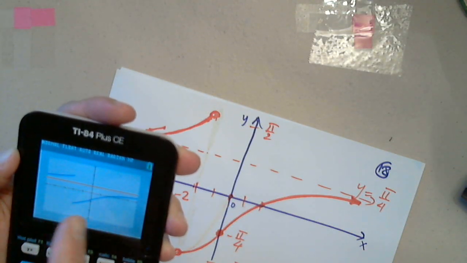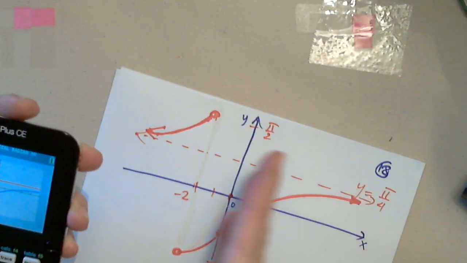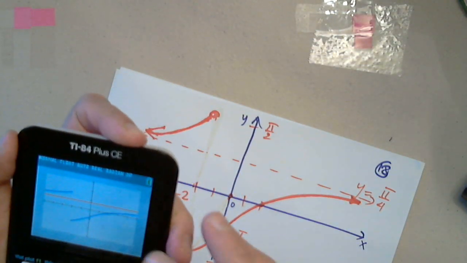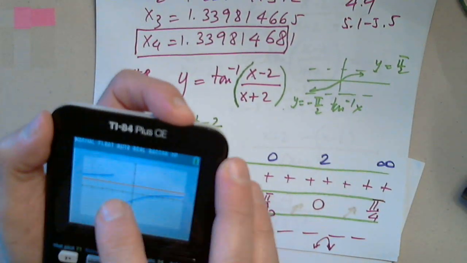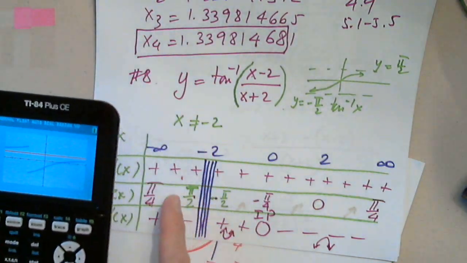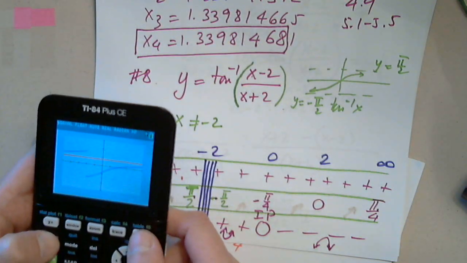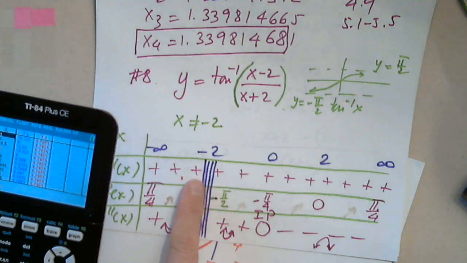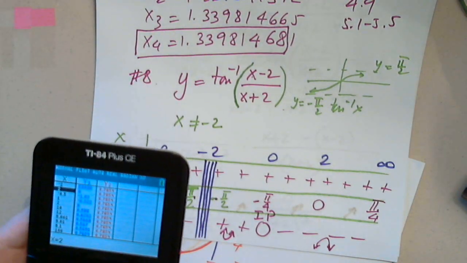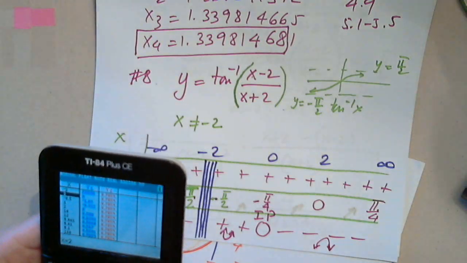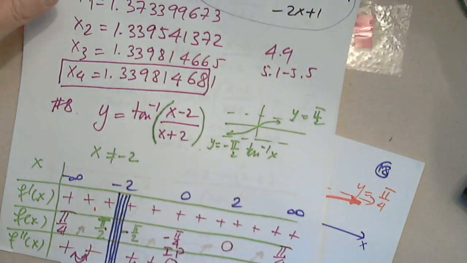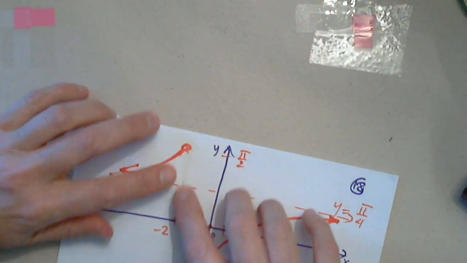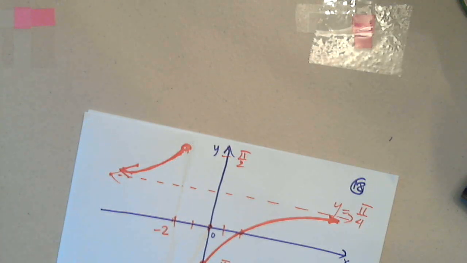I shouldn't even go that far. I don't really need more than -3, 3. But that's okay. So as you see, at this point there is no vertical asymptote as we determined. We calculated everything. So the left hand side, the right hand side. And you can also plug in, but it will give you an undefined. That's the problem here. You can't plug in -2. It will give you an error. So careful with that. The calculator will not tell you to put the open points, and the calculator doesn't know anything about